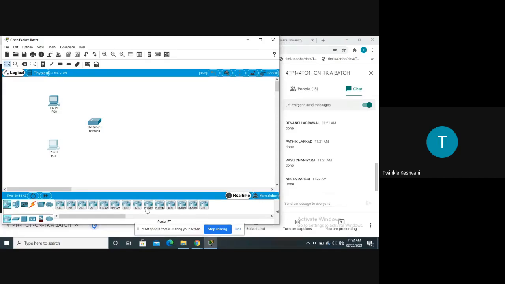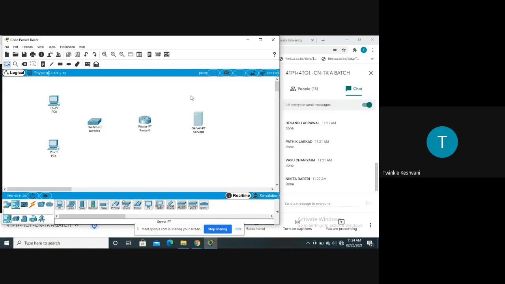But for now we are taking the general configuration router, so we'll take the PT router, of the same configuration we have taken for the switch, switch PT. Then next is the server. You will find it in the end devices, which is next to the network devices. In the end devices you can see PC, laptop, server, printer. From that you have to pick the server and put it on the screen. So these are the devices that you have to take before connecting them with each other.